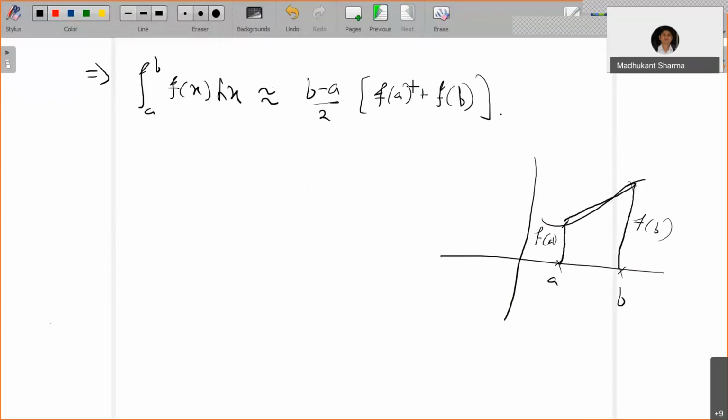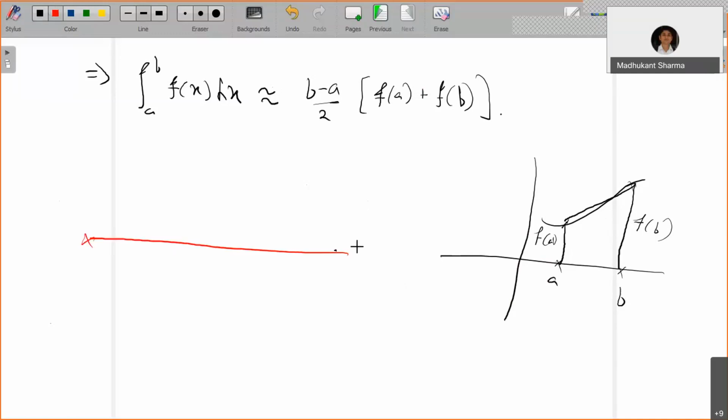Like you have done in Riemann integration, you must have come across it there also. Instead of approximating by rectangles, if you use the trapezium, that will give you the trapezoidal rule as well. Now this is with n equal to 1. This is the trapezoidal rule, so you can make the composite trapezoidal rule also. Means you use a partition, you divide now